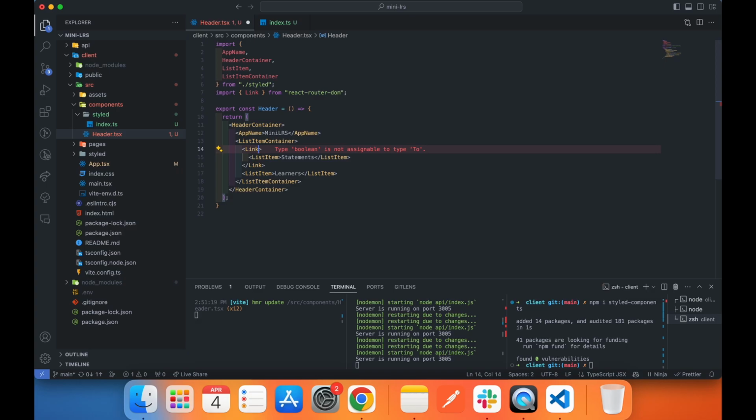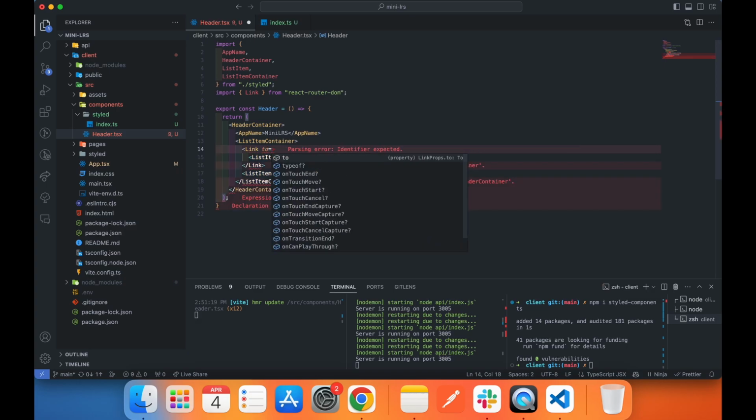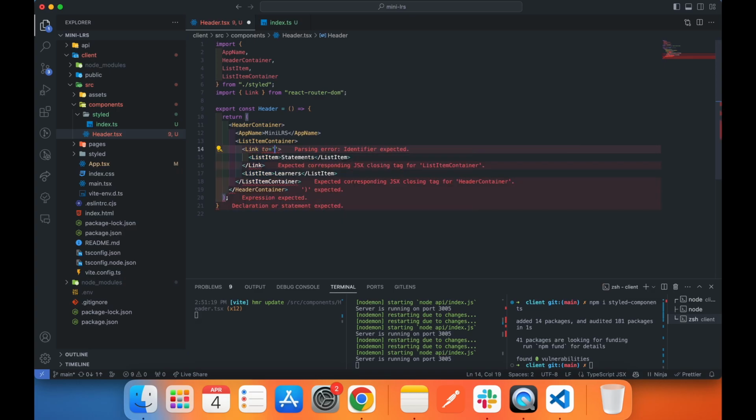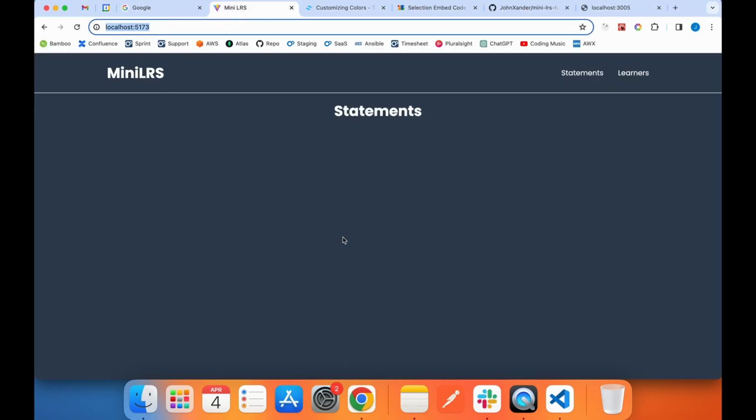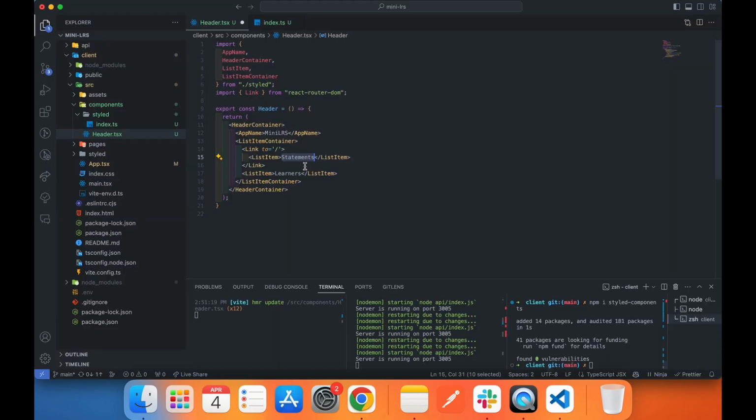This has a prop called to, and that will say which path you want to go to. So for statements, remember we want to just go to the root. Whereas for learners, it would be different. It would be like,